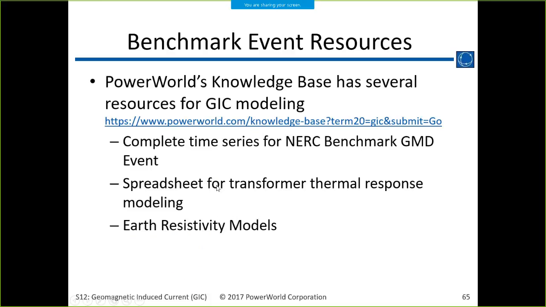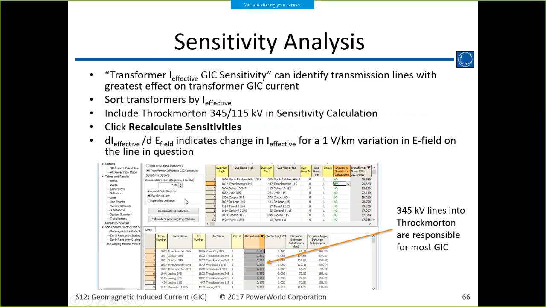We also have a spreadsheet that you can input. You run the time series from the auxiliary file here, and then you put in a transformer. You can create a transformer filter and then run the auxiliary file, and it will dump out a CSV file that has the effective GIC time series for transformers that meet the filter, and then you could run those through a thermal response calculator. We have a spreadsheet that you can download that uses a first order model, and within the spreadsheet you can change parameters, things like that.